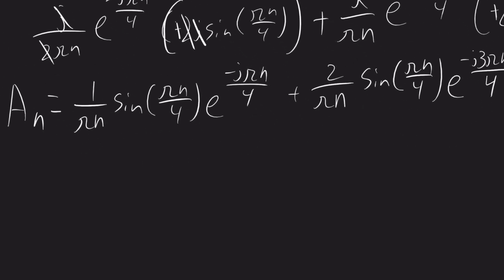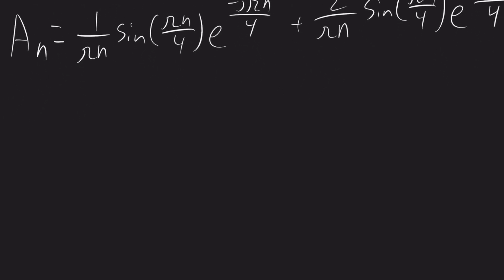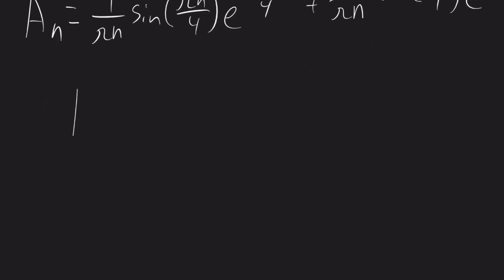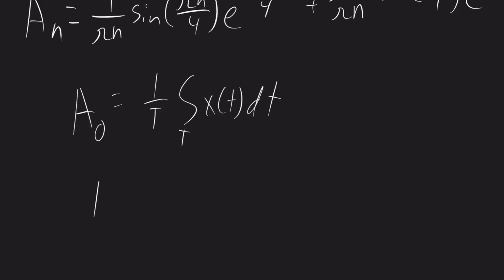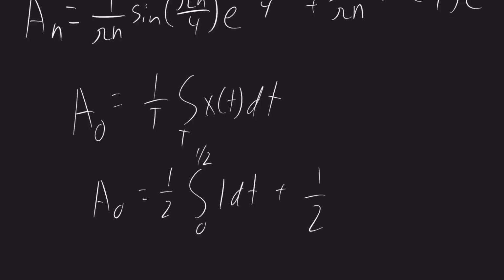Now it's just one more step so that we can rebuild the original signal in Python. We need to find the zeroth harmonic, also called the DC component, and it's modeled by this equation, 1 over T times the integral over 1 period of x of t dt. So it'll be 1 half times the integral from 0 to 1 half, x of t was 1, and then it'll be 1 half from 1 half to 1, x of t was 2,